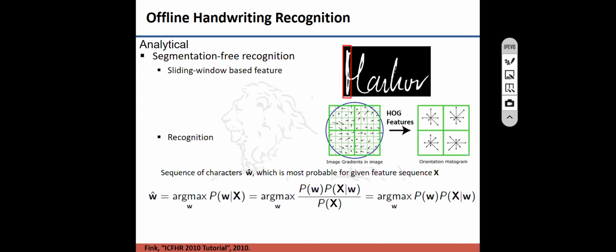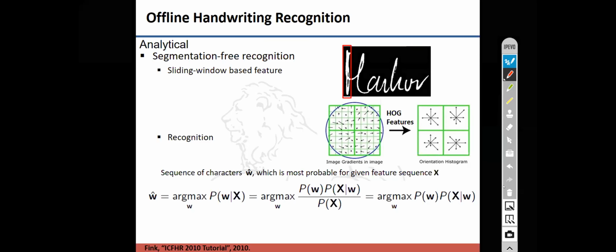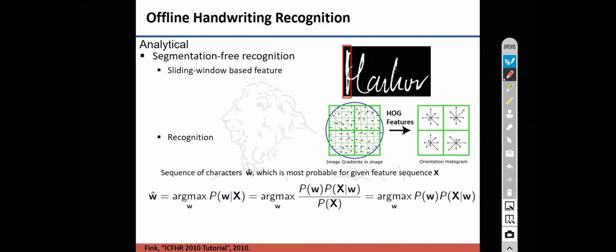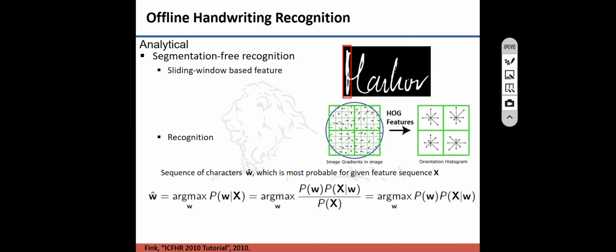There is lots of segmentation-based work, and then you have simple shape-based models, where they consider the full word as an object and then want to recognize this kind of object. But these days the most common approach is segmentation free,